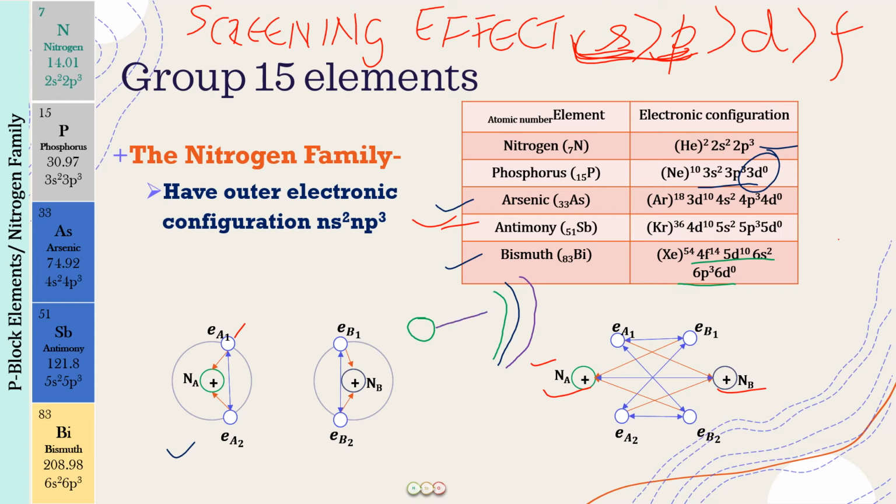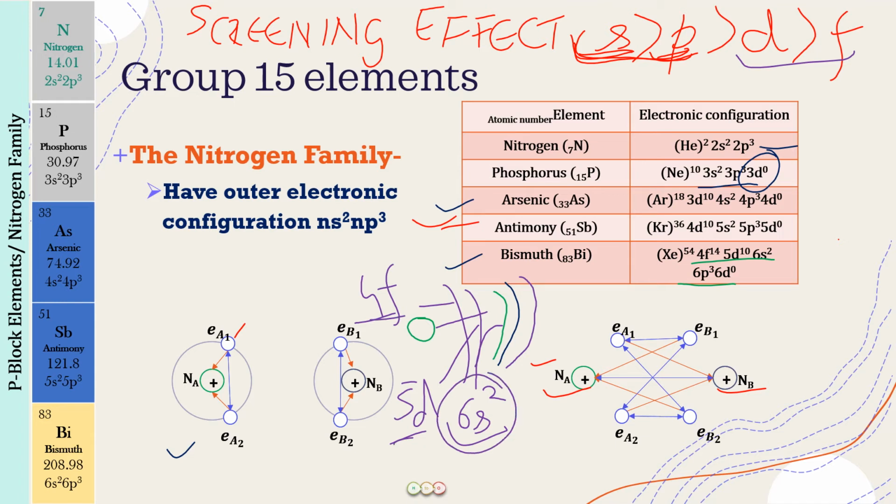first shell, second shell, third shell, fourth shell, fifth shell, all the electrons are present, but the nearest to the 6s now. So this is our 6s2, right? Now the nearest to this is going to be what? It is going to be 5d and 4f. Now when the repulsions start, it is the 4f and the 5d which are repelling the 6s orbitals. But you know that the screening effect, or the repulsion, of the 4f and the 5d electrons is not going to be much for the 6s orbital electrons.